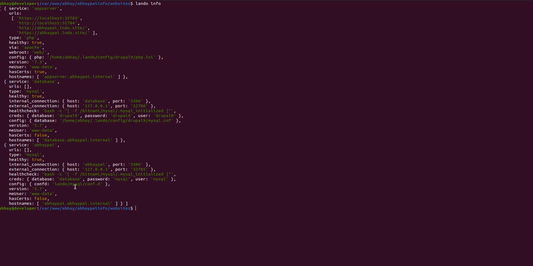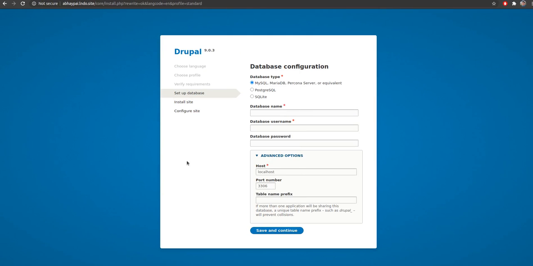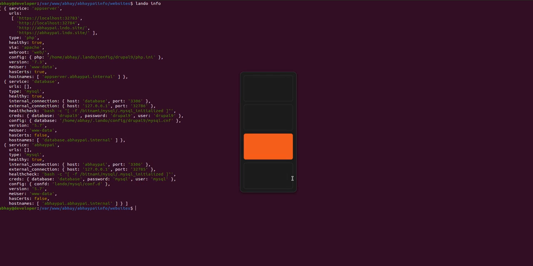Lando info will give you the information about the configuration that you have done for your project. So I can see my hostname is AbhayPy over here, which is given by Lando, and I will copy it and paste that host name in my host field. As you can see, the port is already 3306, so you don't have to update that port.